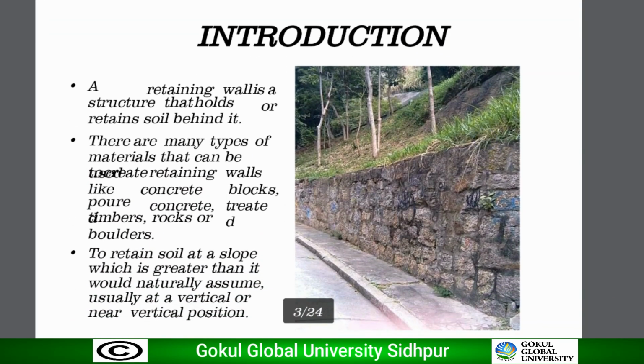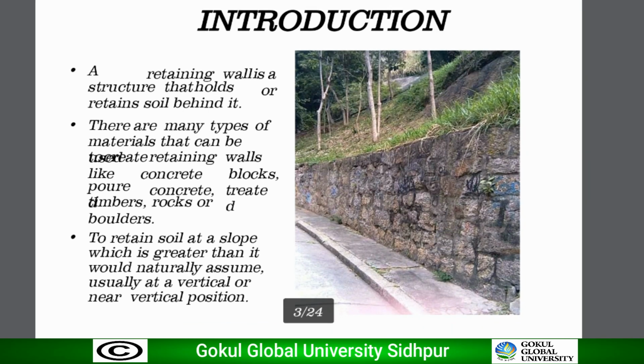Let's start with the introduction. So first of all, the question is, what is a retaining wall? A retaining wall is a structure used to retain earth or other material and to maintain ground surface at different elevations on either side of it. We can see in the figure the retained earth, use of blocks, concrete, use of stones, and there are many types of material that can be used in a retaining wall like concrete, block, tree timber, rocks, boulders, and sheet